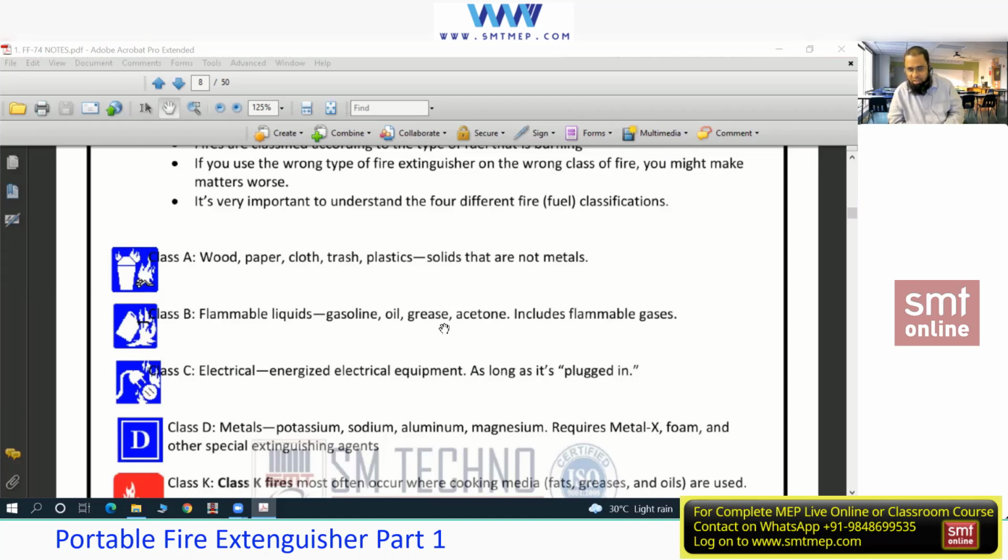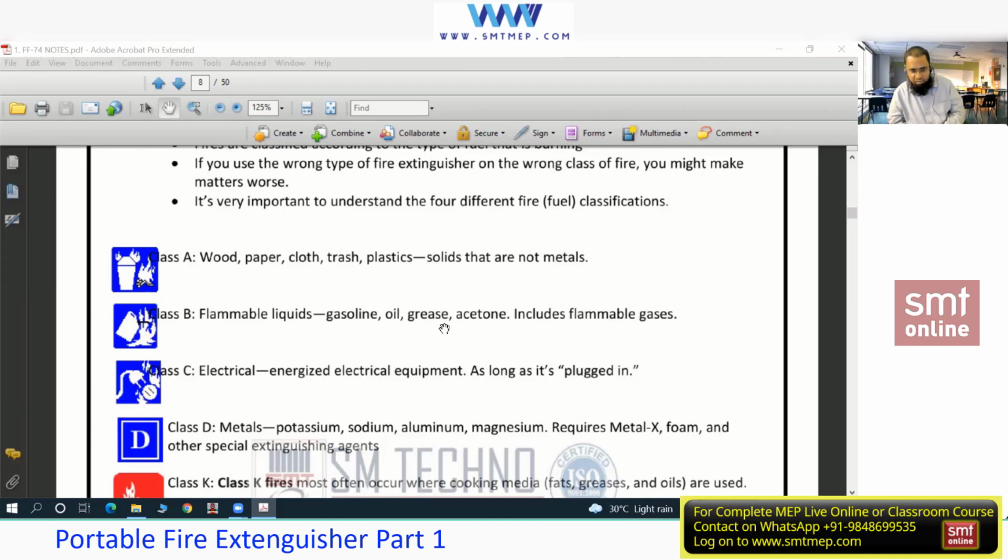So remember, electrical class C means energized electrical equipment. If it is not energized, then it depends on the material. If it is, suppose, insulation on the wire, made of plastic, PVC panels, etc., you can consider it class A. You can use water also to control the fire. It can be the oil in a transformer. That comes under B. If it is energized equipment, or energy is flowing in the cables or wires, then class C, or else we consider according to material. So class C means with the condition.